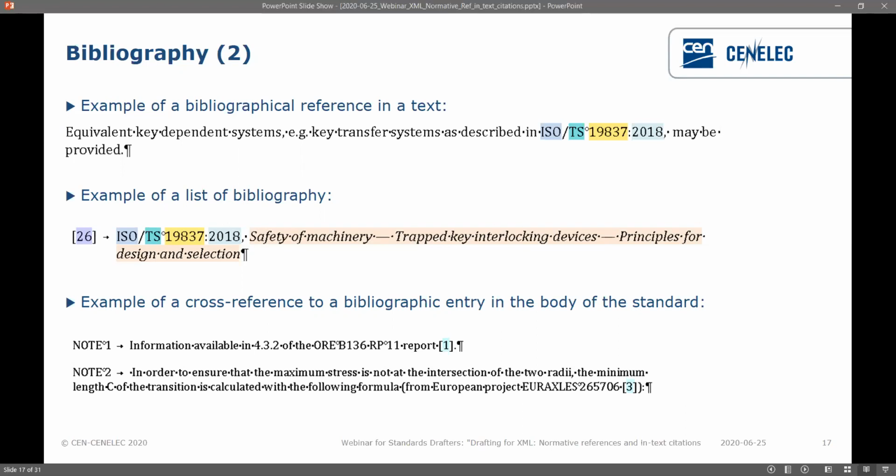And when you go in the HTML, you can click on this little blue number, and it will get you straight to the reference listed in the bibliography itself. So it's all interconnected if it's done properly. And it should be really easy to use when you have the HTML too. Next slide.